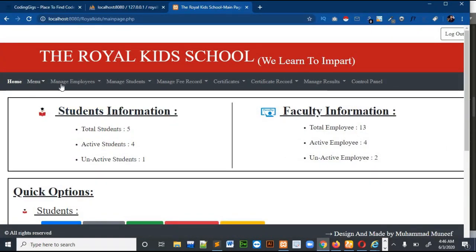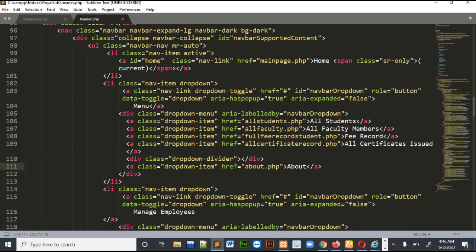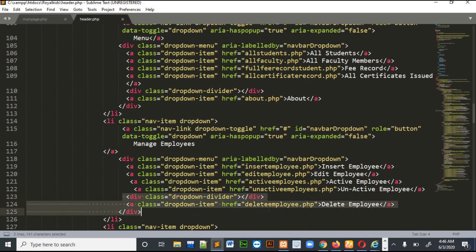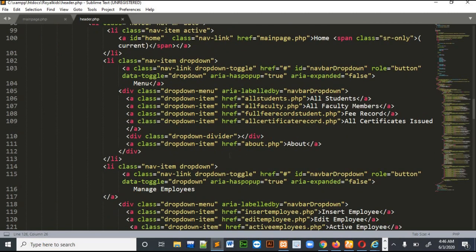Okay, so you can see that whenever I click this drop down, after these four there is a line. Okay, and then there is the about section. So for that line I had used the bootstrap class, which is dropdown-divider. Okay, so this div will put a line. You can see that I had used it many times here, and in many other parts of the code also.